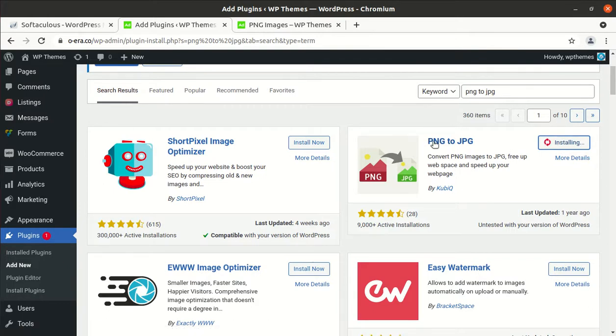So remember the name of the plugin, PNG to JPG by KubiQ, and it converts PNG images to JPG, frees up web space and speeds up your web page. This is clearly written here. So we are proceeding to speed up the web page, and now I am activating it.